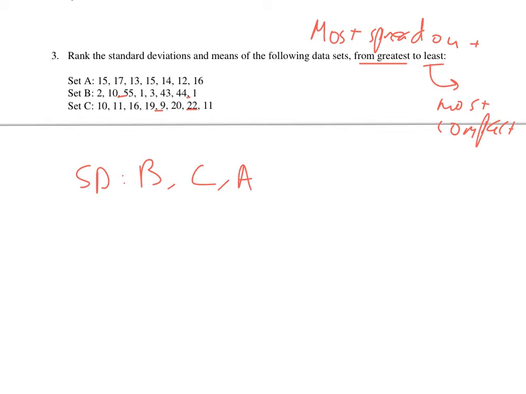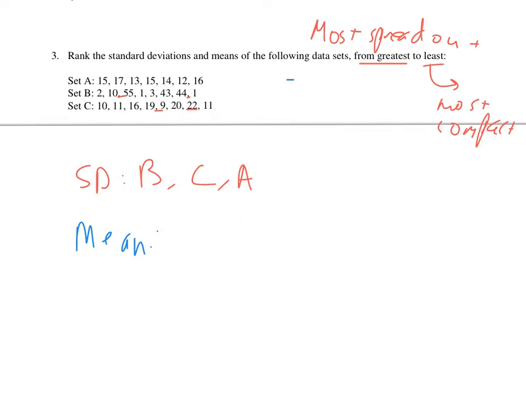Just think about it, the most spread out versus the least spread out, or the most compact. For means, you have to actually calculate them. I would not make an assumption here. So you're just going to have to calculate them. I think all of these data sets have the same amount of, no, actually they don't. Oh, that stinks. Okay, but anyway, 2, 4,